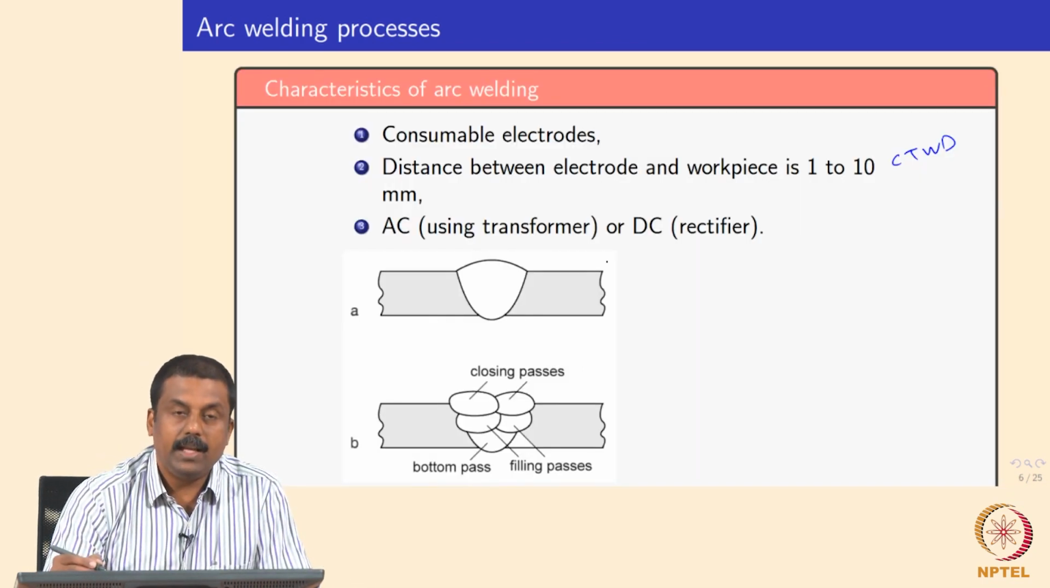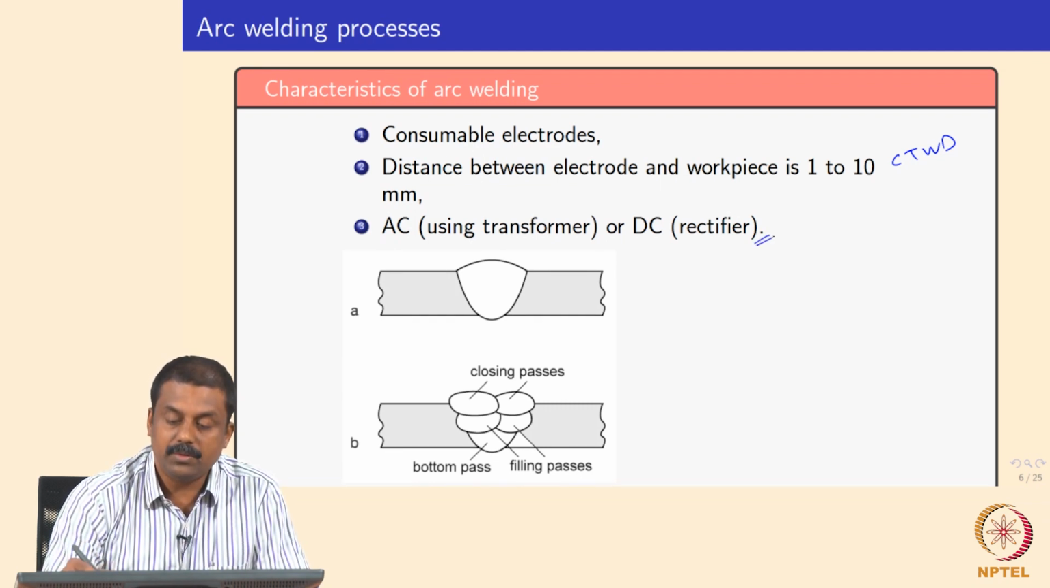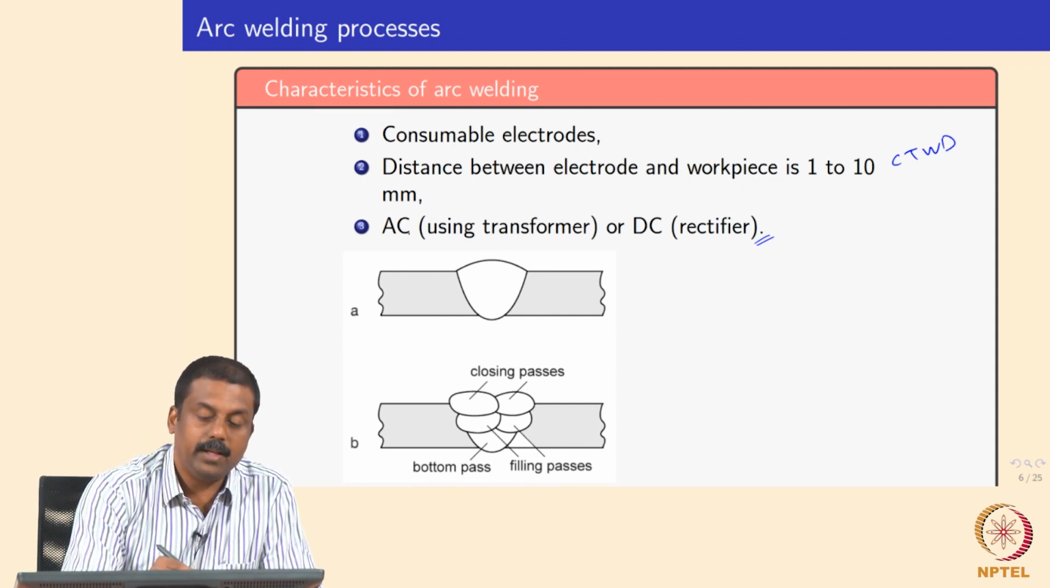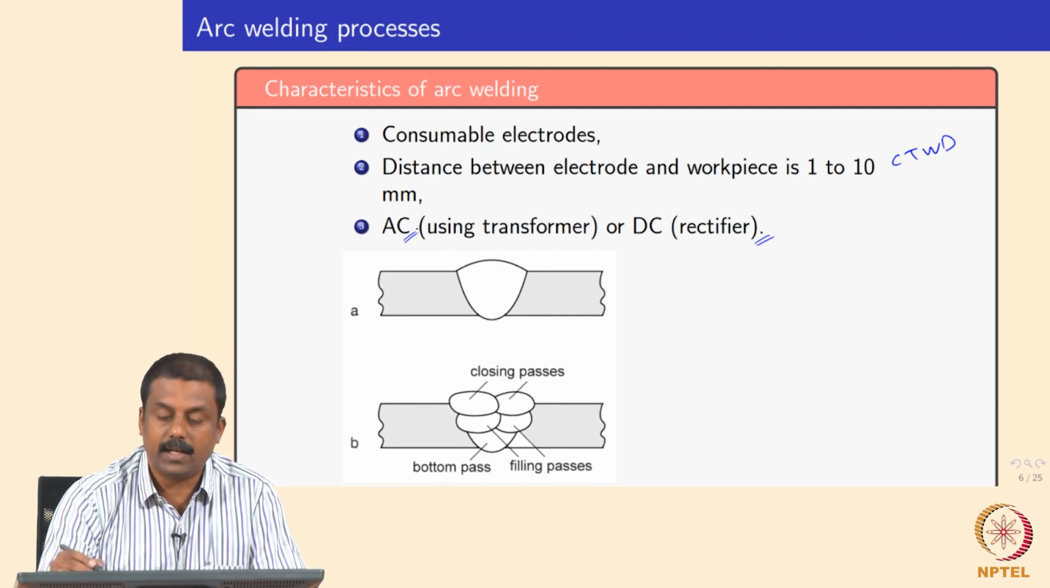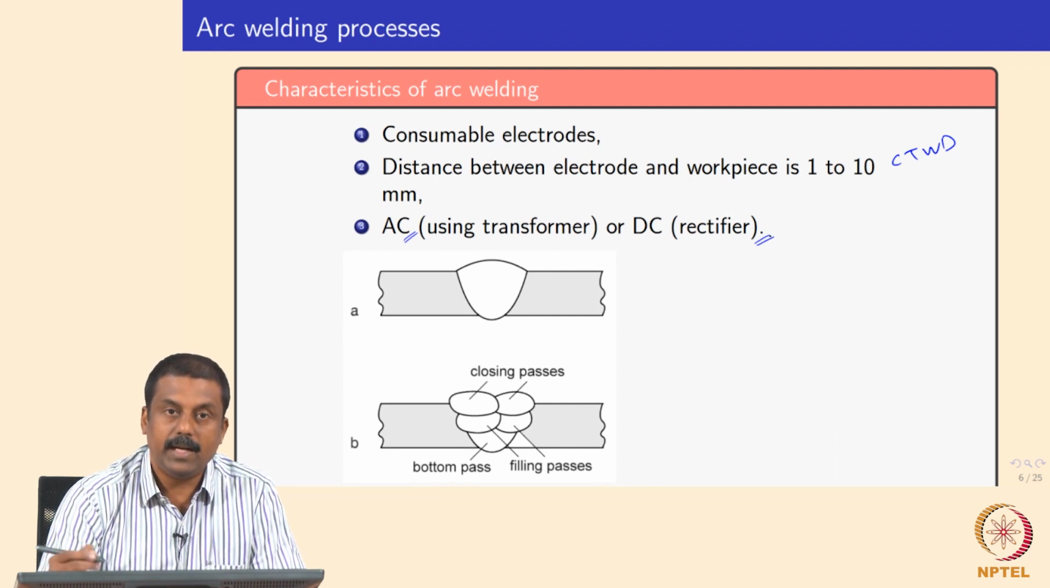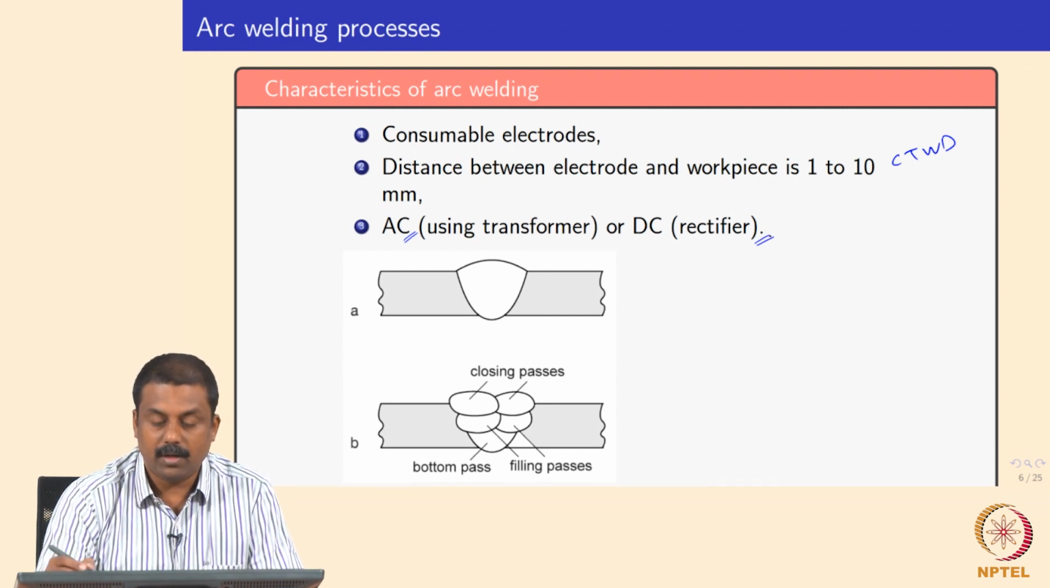We can either use an alternating current or direct current, based on our need. For example, welding of aluminum is generally done in alternating current, and use of DC is preferred in welding of steels, because we can also manipulate the waveforms very easily within a direct current. Either you can do it in a pulse current, or you can also do it with various modes of the